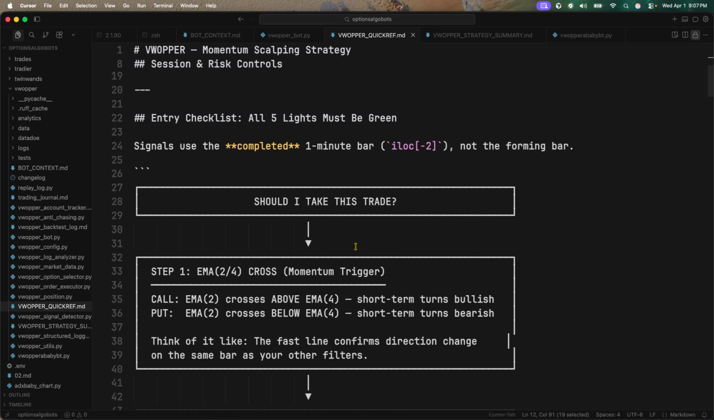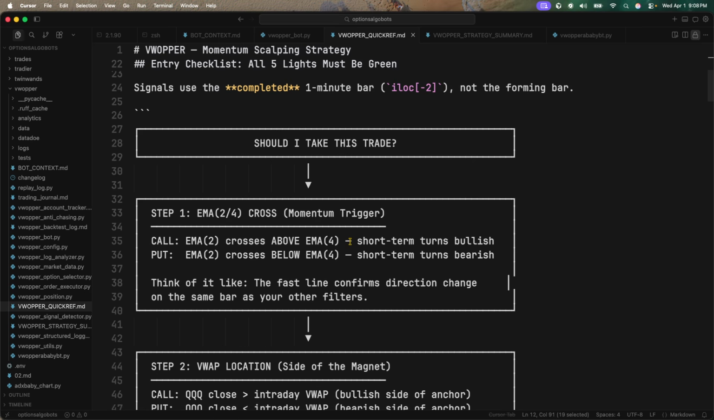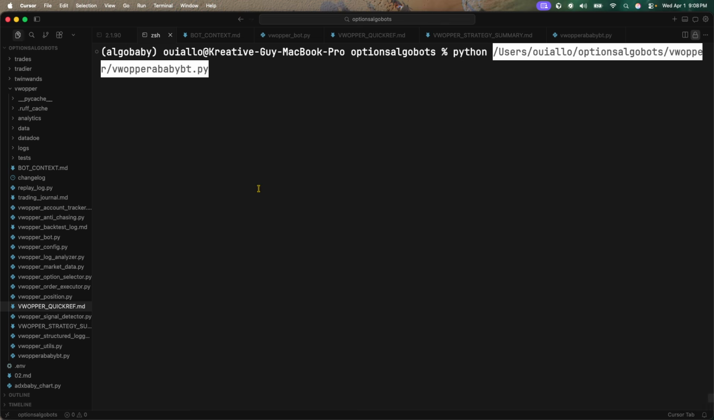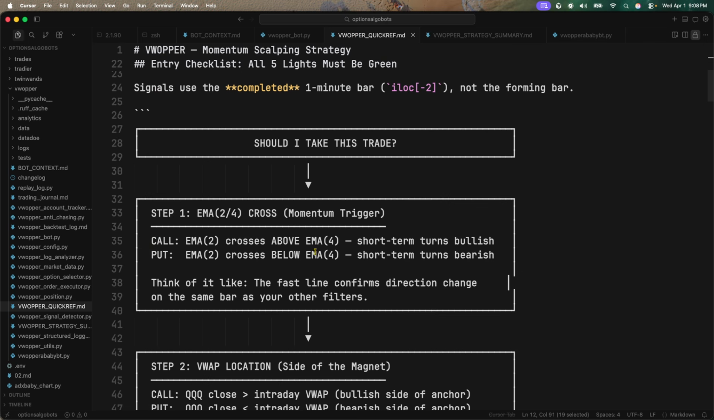So this is the checklist that the bot goes through in order to figure out if it's going to take a trade or not. So the first thing that this bot is going to do is figure out which